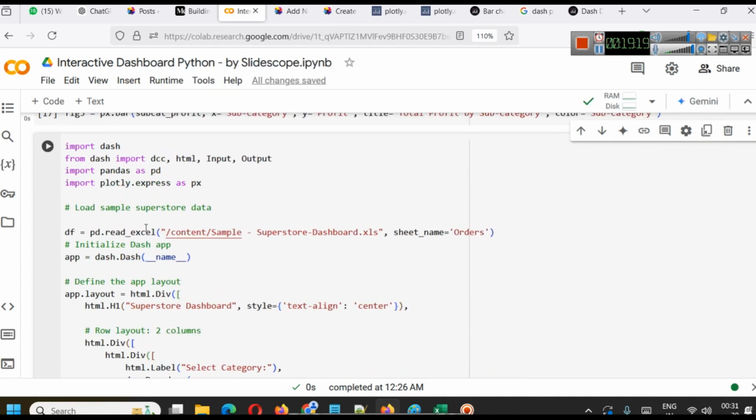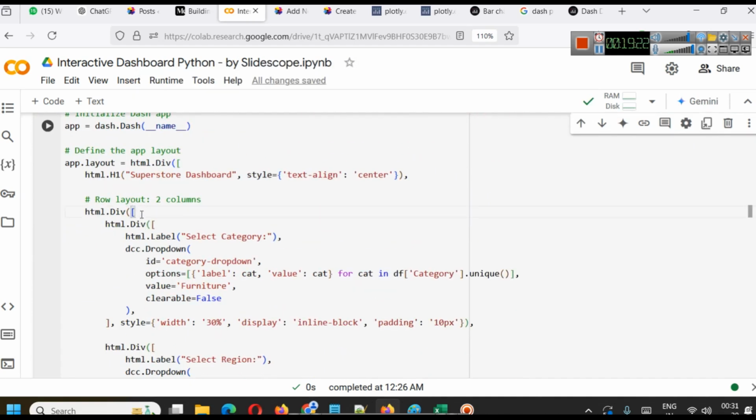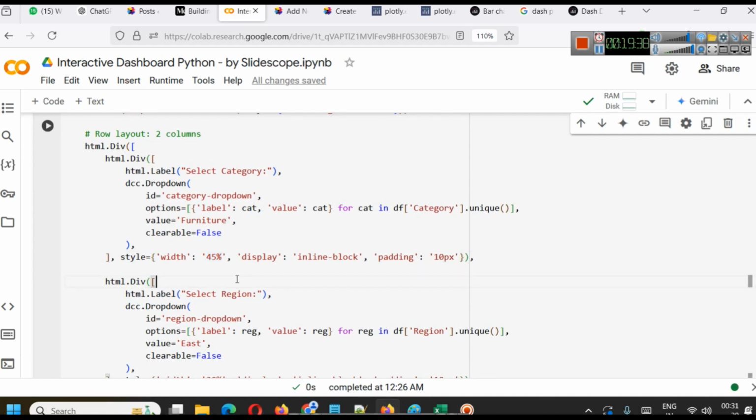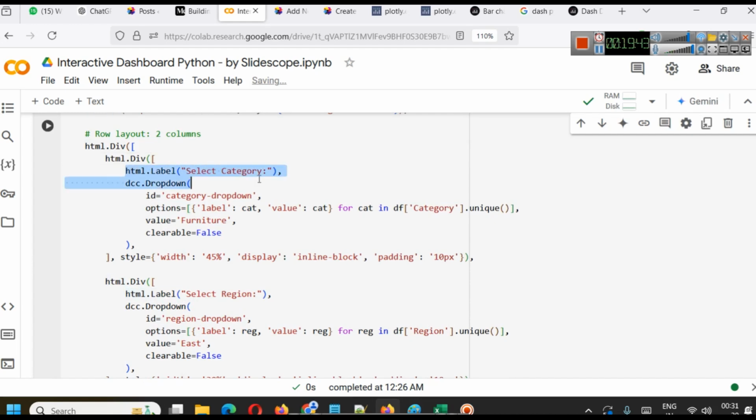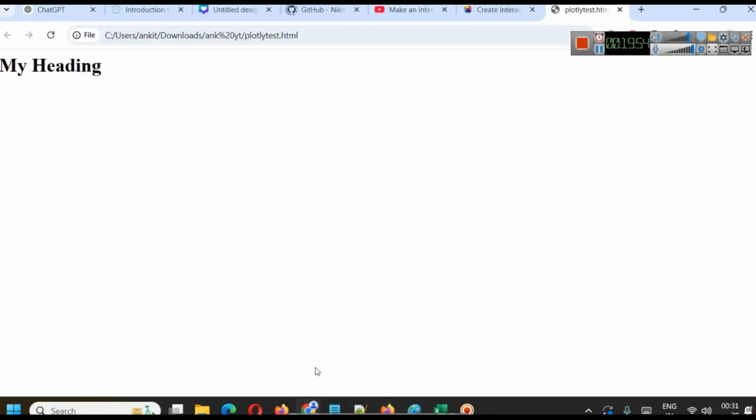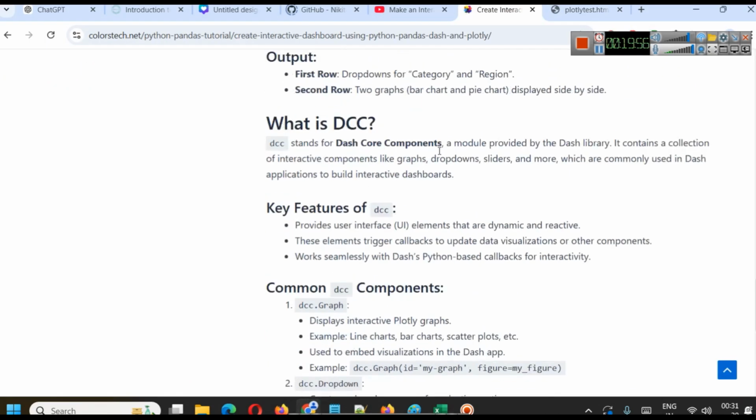So it will be like a row. Now in this row there is going to be one column. This div will represent one column because its width is 30%. For two columns we will give a width of 50% or 45%. So it will have a width of 45%. Now in this div, the first element we are going to write is a label, select category. Then the second element, with the help of DCC that we discussed, which is the Dash Core Components, we will